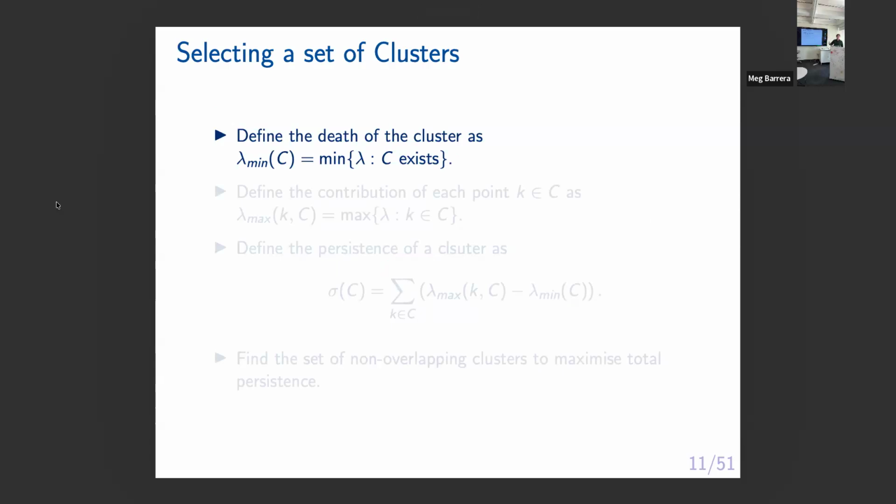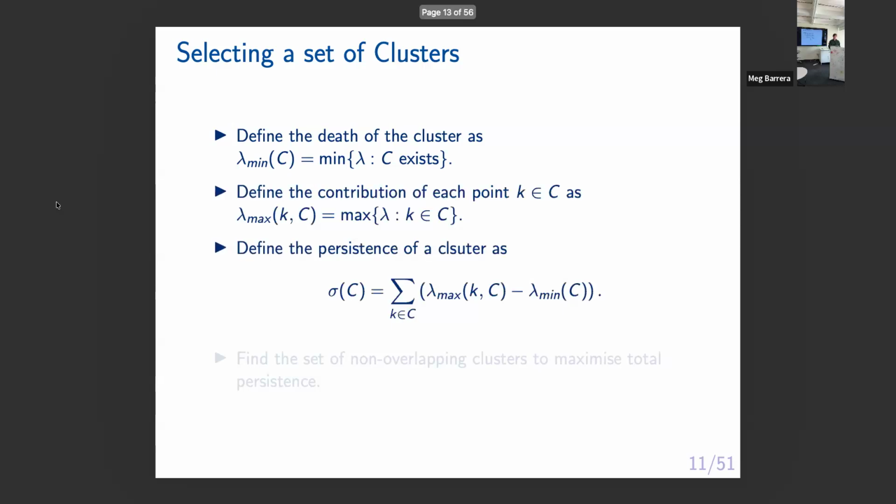And if it has lots of points on the condensed graph, it's drawn as a wide bar. So summing the length of time the points are in the cluster, and how many points there are, we're basically doing an area computation. Yeah, it's a tractable optimization problem to find this set of non-overlapping clusters out of the condensed dendrogram.